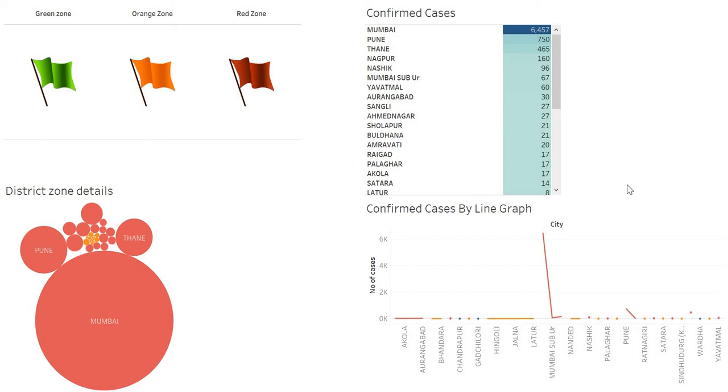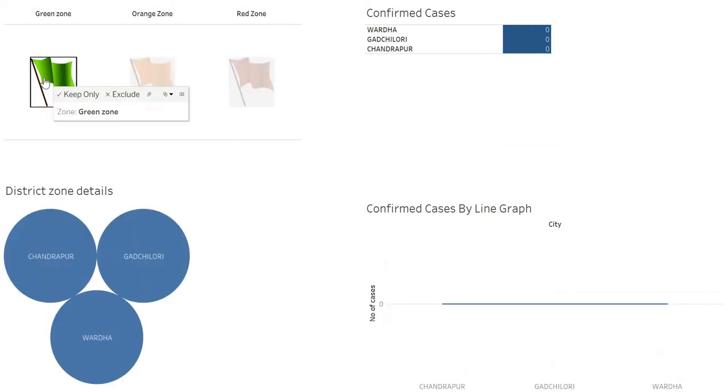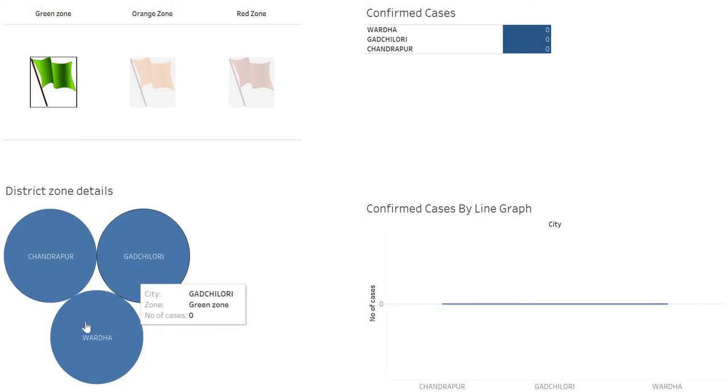In this tutorial, we are going to teach how to make this beautiful dashboard in Tableau software. See, I have segregated these districts zone wise in our Maharashtra. If you click any of these flags, green, orange, or red zone, suppose I click on the green, I will get those details, and also the number of cases.